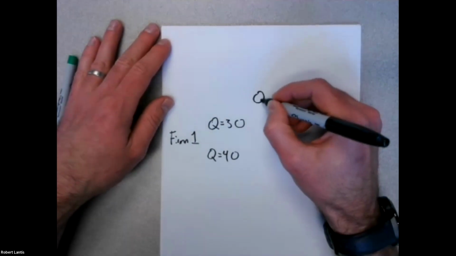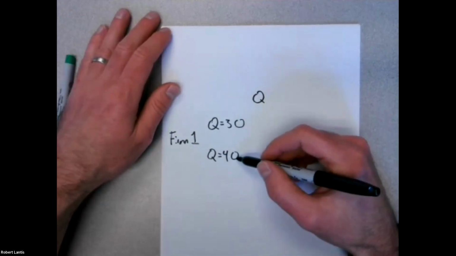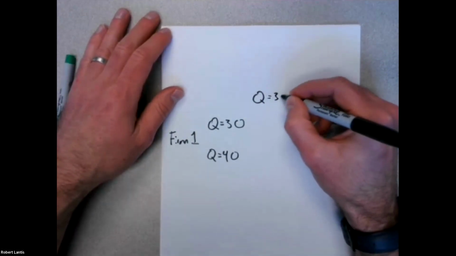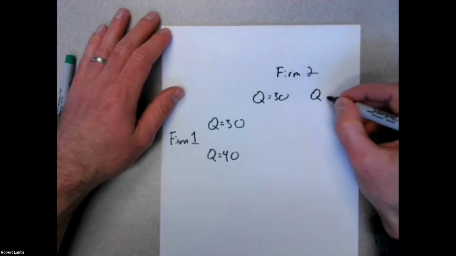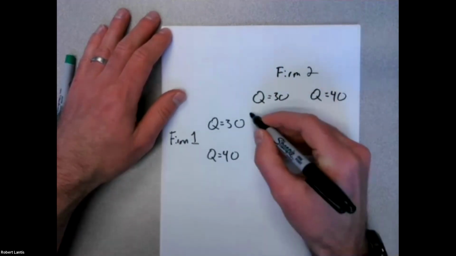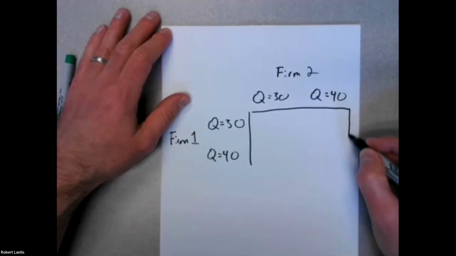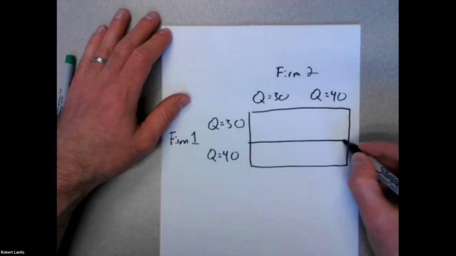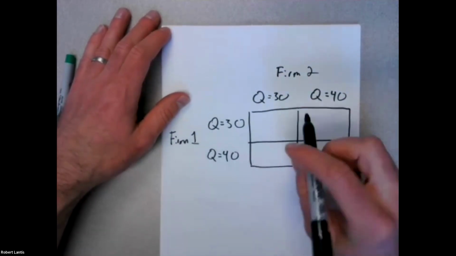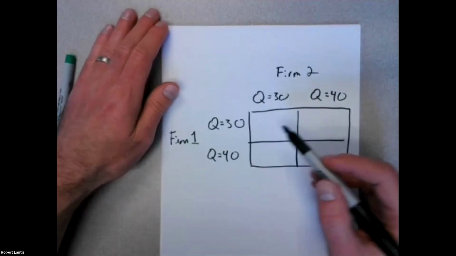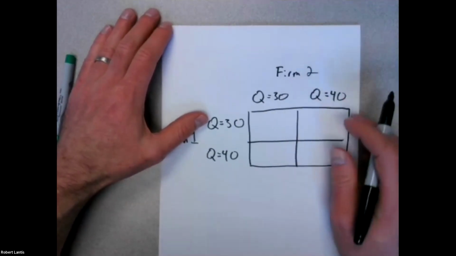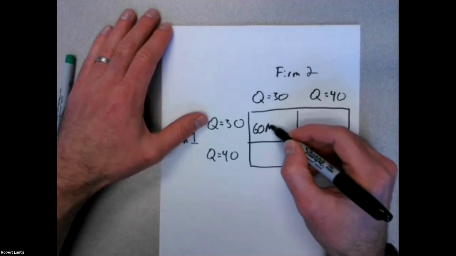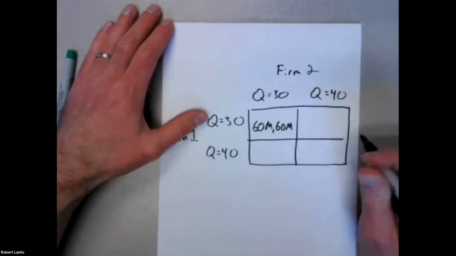They can also set low price, low quantity or a high quantity. Firm two has that exact same decision, right? So we're going to have this payoff matrix with the different combinations of strategies. So if they both produce a lower quantity like a monopolist would, we're going to enjoy maybe both earning a pretty high level of